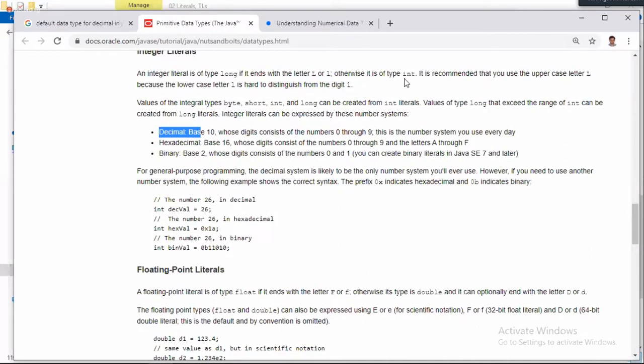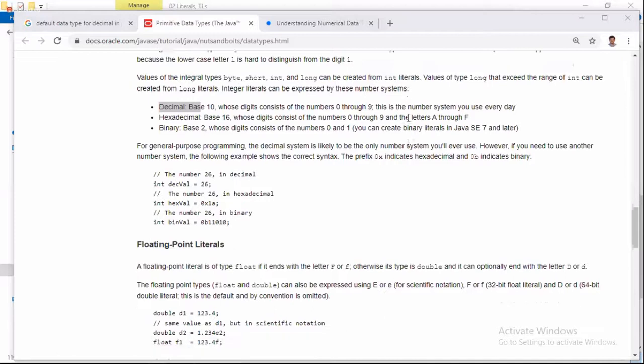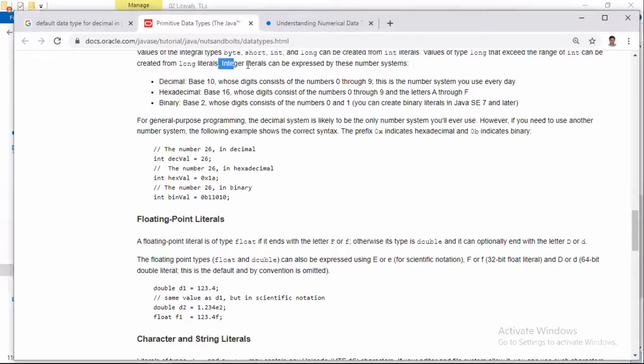Otherwise it is of type int. It is recommended that you use the uppercase letter L because the lowercase letter is hard to distinguish from the digit 1. Values of the integral types byte, short, int, and long can be created from int literals. Values of type long that exceed the range of int can be created from long literals. Integer literals can be expressed by these number systems.